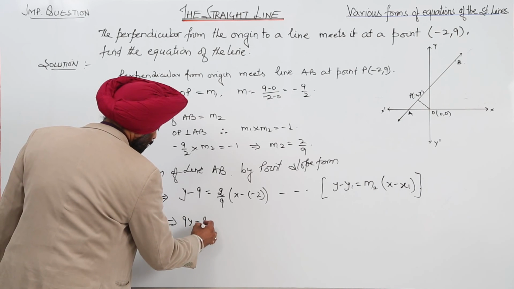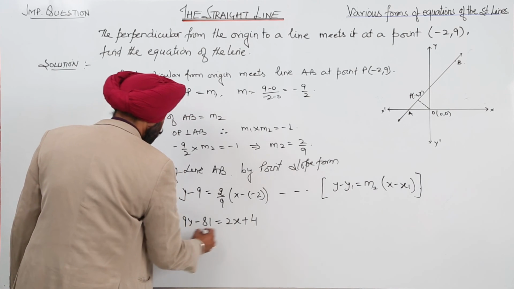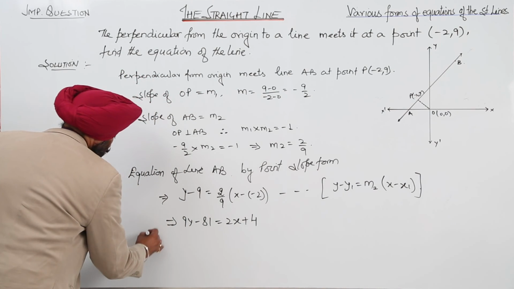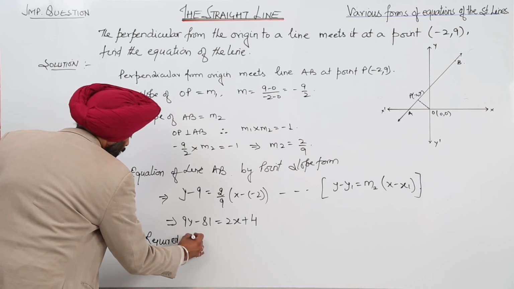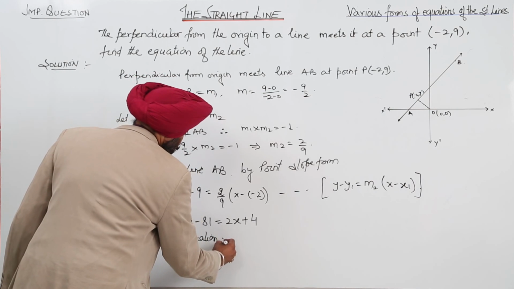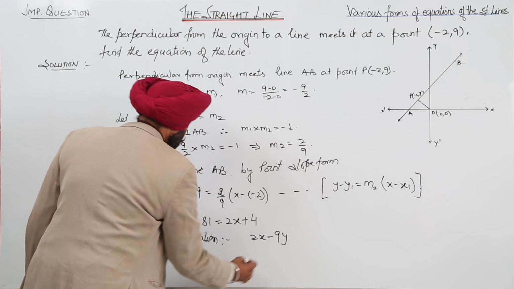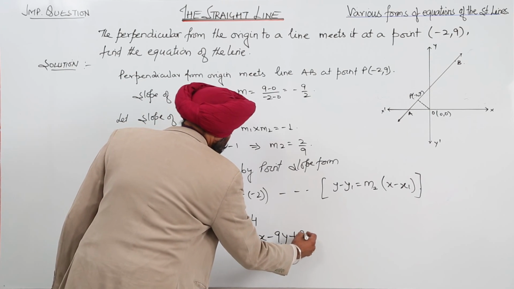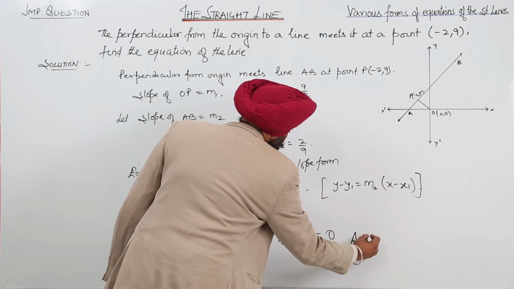9y minus 81 is equal to 2x plus 4. Required equation: 2x minus 9y plus 85 is equal to 0. This is the